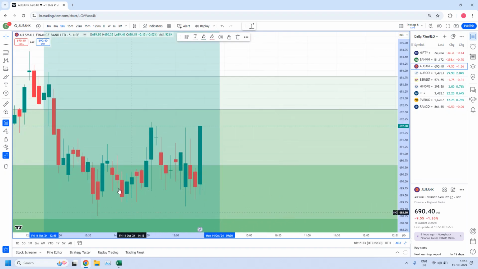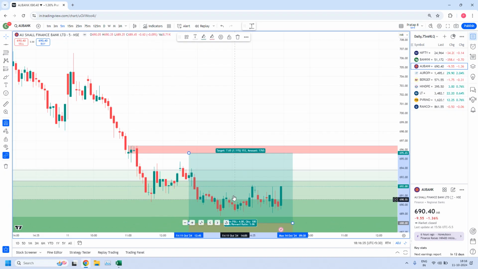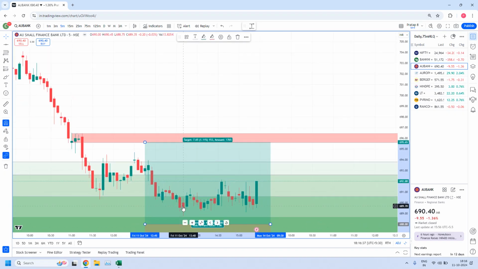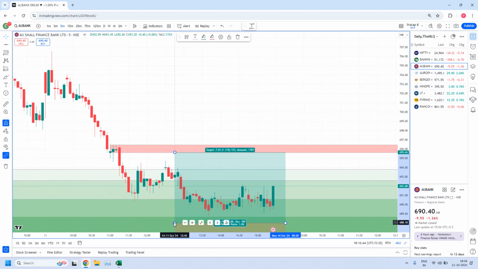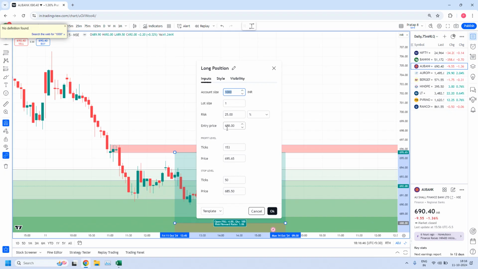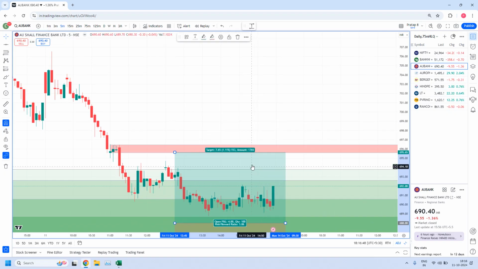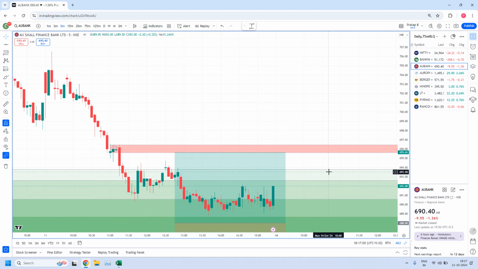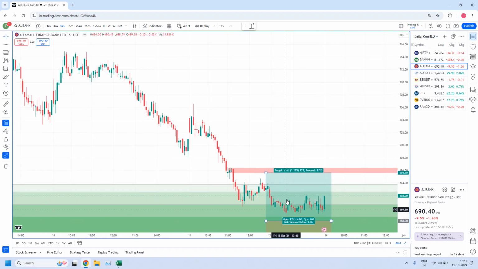But did the price reach 688? No, it didn't reach. What is the low of this candle? 688.75. What should be your entry? 688. The low of the candle is 688.75 paisa. If the price had dropped another 75 paisa, you would have taken a trade, and at that time you would have got 1:3 RR